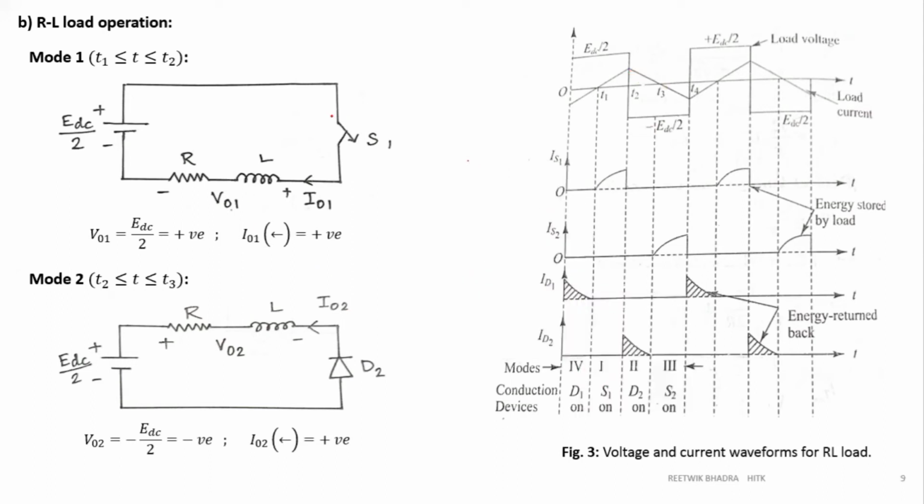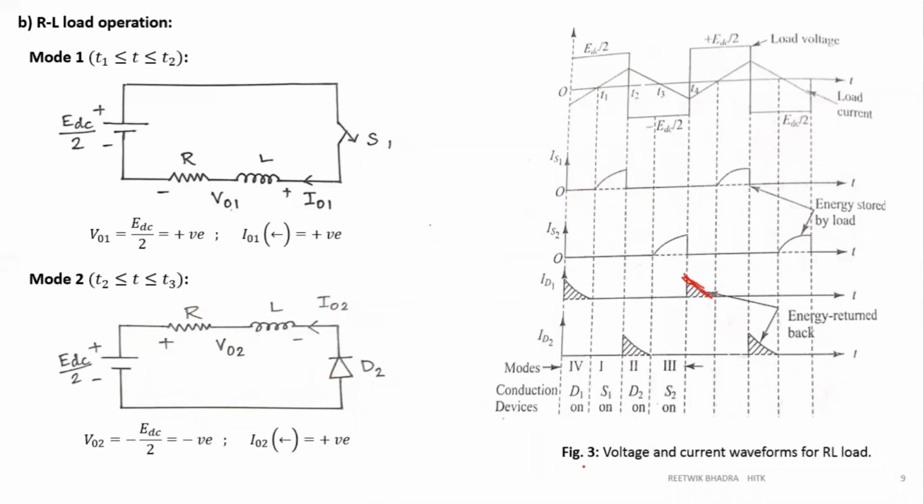Now during this period, which current flows? Only S1 current flows. So during this mode, only S1 is flowing. It should be linear, okay, because this current is taken as linear. And during this period, which current flows? ID2. So during T2 to T3, ID2 flows. All the rest are zero. All linear current. Don't show it like this. Show linear current, because this graph is shown linear. If you show exponential over here, then show exponential.